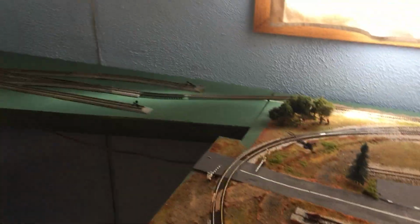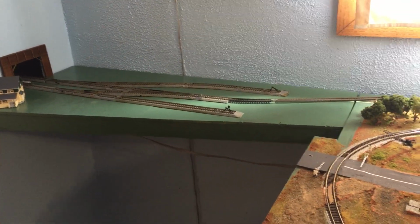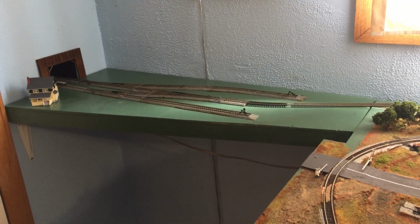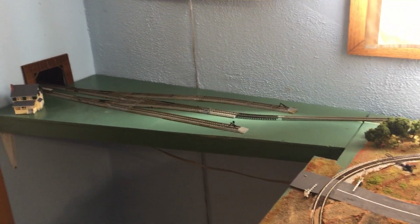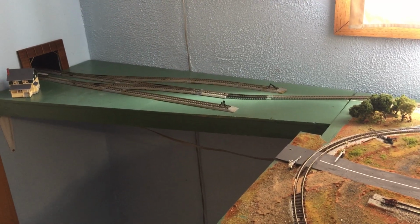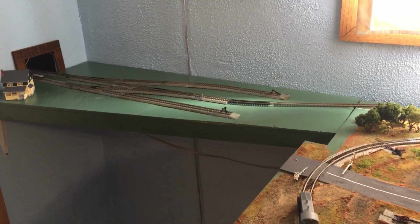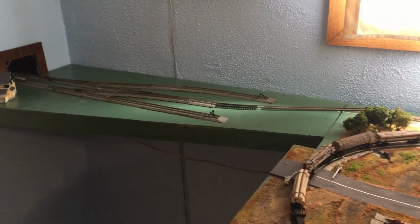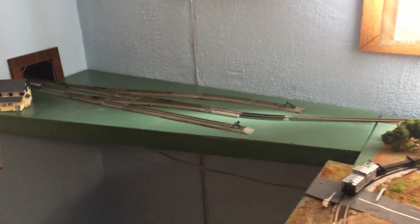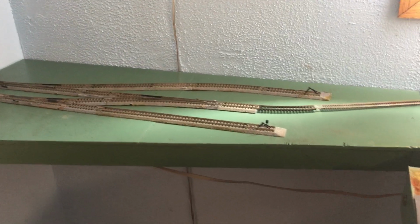And also, as you can see over here, I have completed the bridge section between the hole in the wall and the layout, and I was able to do that with materials on hand, with the exception of a can of spray paint, but I had all the wood and the brackets and all the track already, so I think that probably means that I have too much stuff around my house. But anyway, it was a fairly easy project,